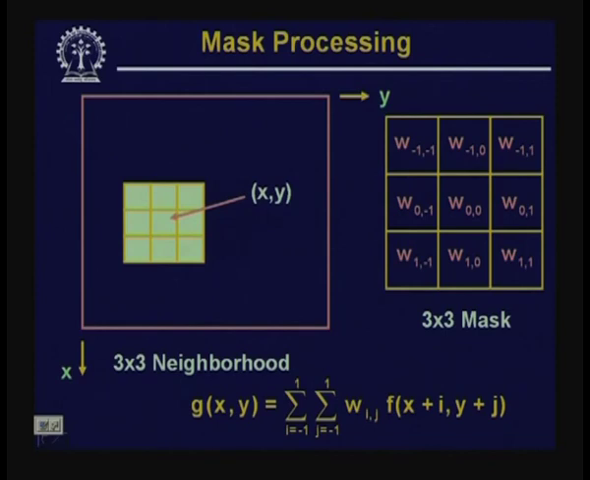Now, to generate the intensity value at location x y in the processed image, the operation is given by the expression at the bottom: g x y is equal to the double summation of w i j into f x plus i, y plus j, with the summation over j equal to minus 1 to 1 and i equal to minus 1 to 1. What does this actually mean? If I place this mask on the image centered at location x y, then all the corresponding pixels under this mask and the corresponding mask coefficients have to be multiplied together, and then we take the sum over all such mask locations. What I get gives me the intensity value of the processed image G at location